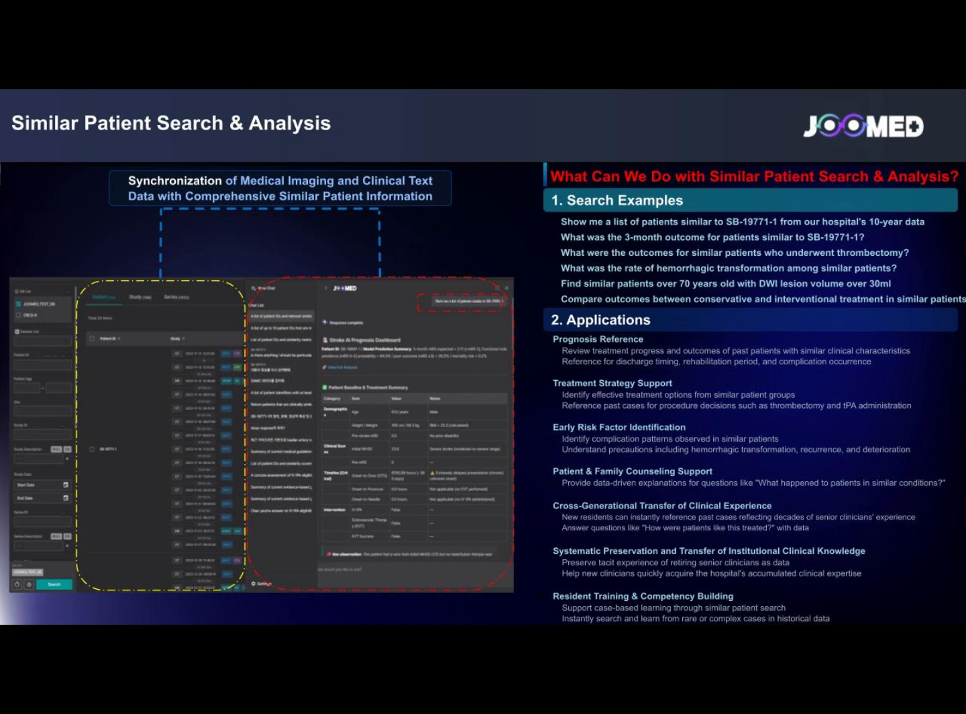This feature can be utilized in various ways: prognosis reference, treatment strategy support, early risk factor identification, and systematic preservation and transfer of institutional clinical knowledge. This innovation transforms the overall hospital workflow. Ultimately, JOOMED's Similar Patient Search function serves as a valuable reference tool for developing care plans for patients, leveraging the